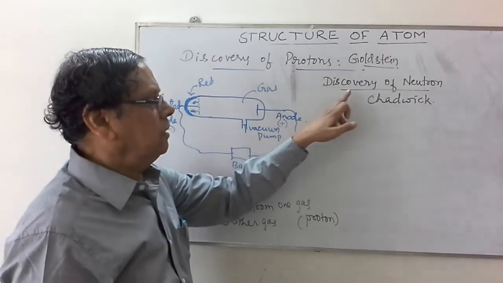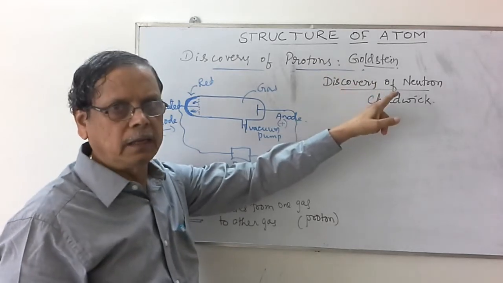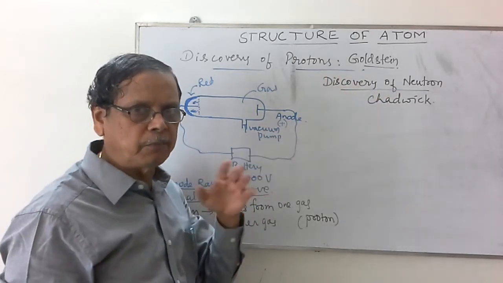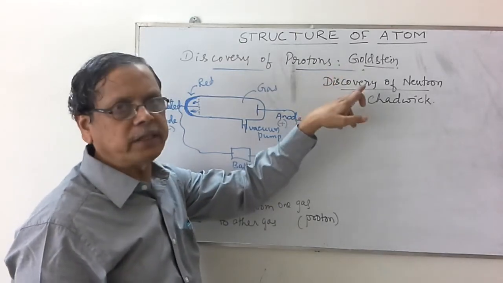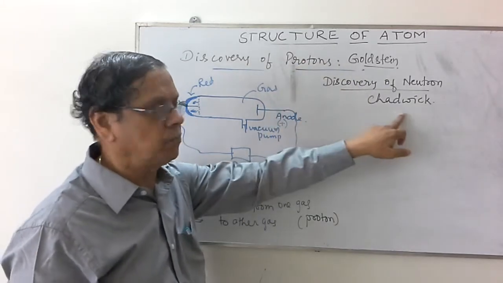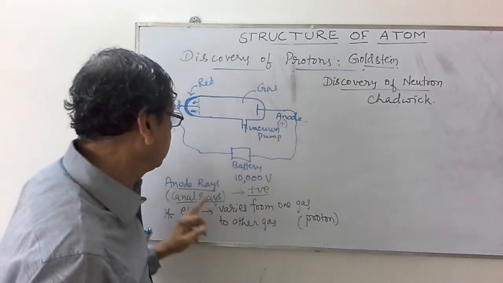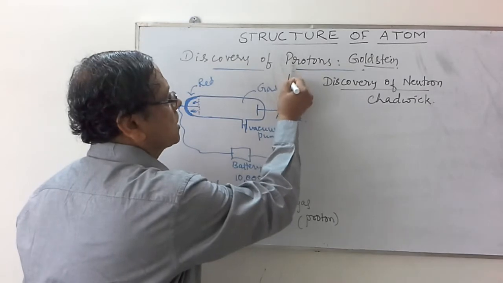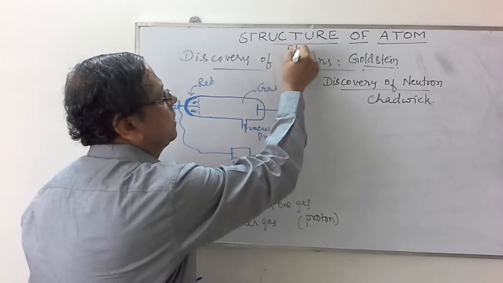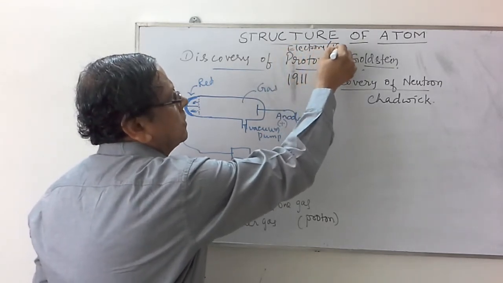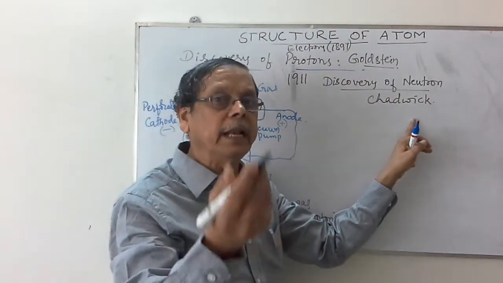Remember, before the discovery of the neutron by Chadwick, Thomson proposed one model. When Thomson proposed the model for the structure of an atom, neutrons were not discovered. If you go into the history of the discovery, protons were discovered in the year 1911, while electrons were discovered in the year 1897. The discovery of the neutron took place in much later years.